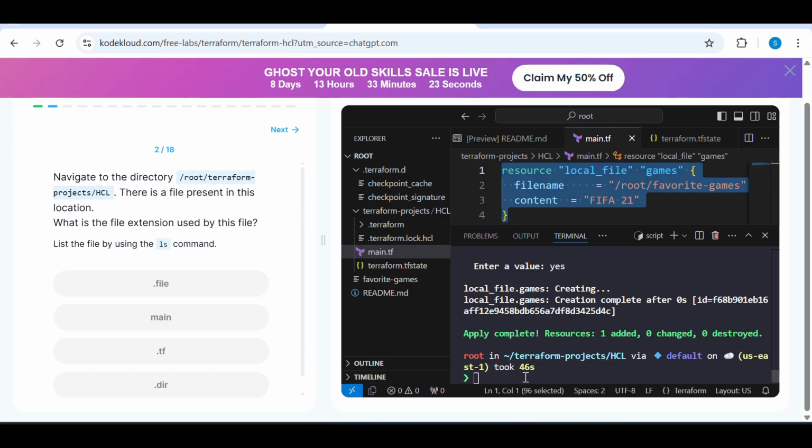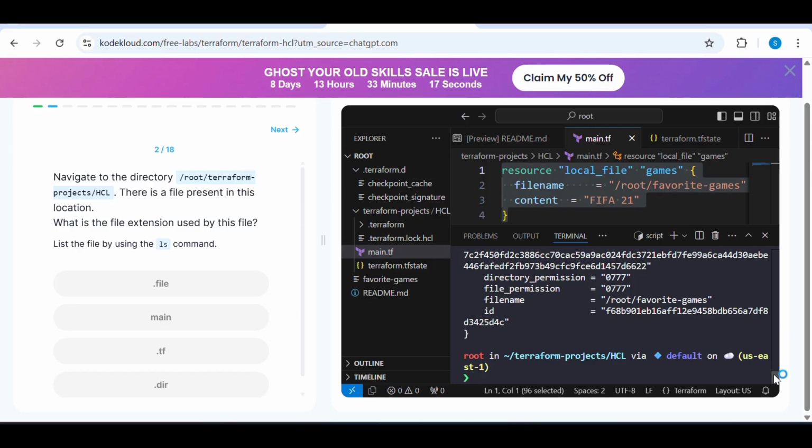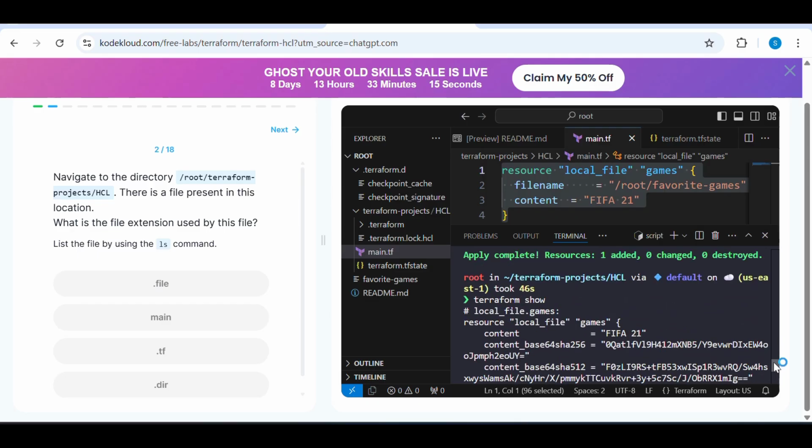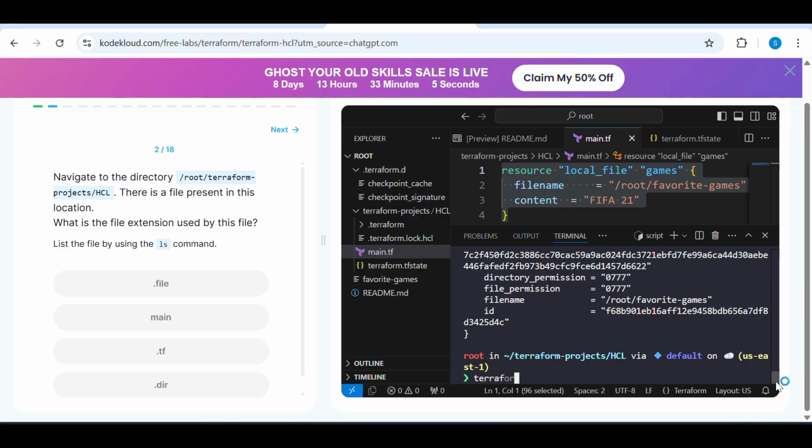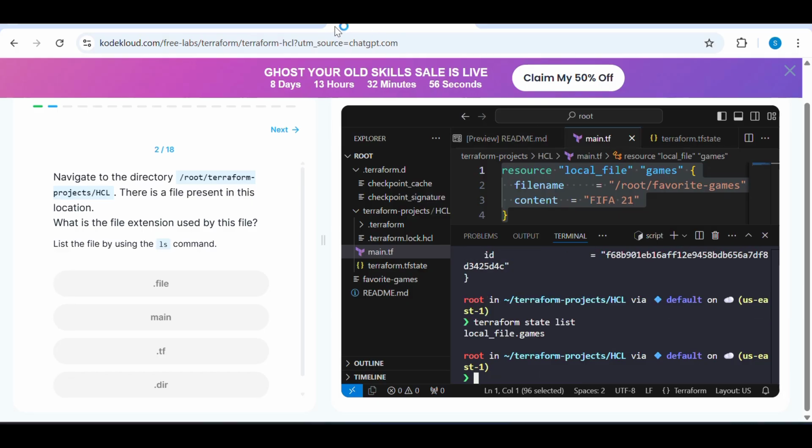So after this, if I do terraform show, so this is how it will show the current state, that how it was, what all we created, and what is the content, sha, everything. And terraform state list, so terraform show will show that whatever is maintained in terraform.tfstate, whatever data is there, it will show that. And terraform state list will show that what all it is maintaining, local file games. So that's why it has given just one resource that it is maintaining. So these are the two